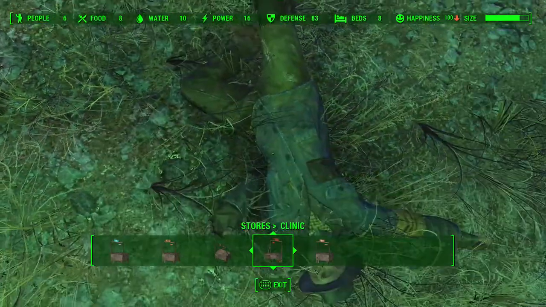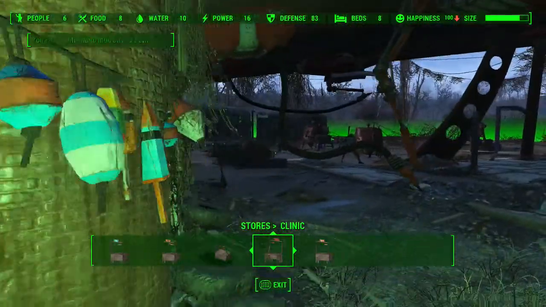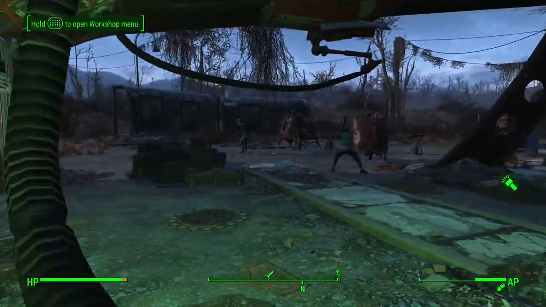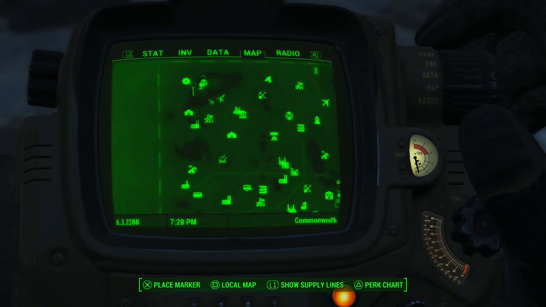So yeah, now my happiness is going down, as you can see. You do not want that red arrow. You want the green arrow that says it's going up. If you look, I did this, the easiest place to do this, really. You can do it at any settlement, but I would suggest not doing it. There are 2 places. The Sanctuary...